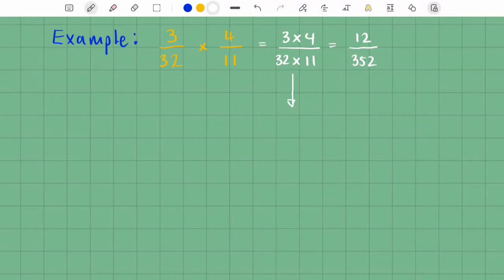And before I actually do that big old multiplication with 32 times 11, I'm going to write the numerator and denominator as their factors. So I can see that 32 can be written as 4 multiplied by 8,